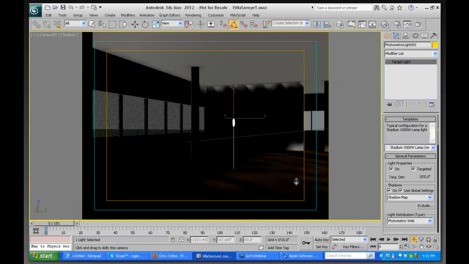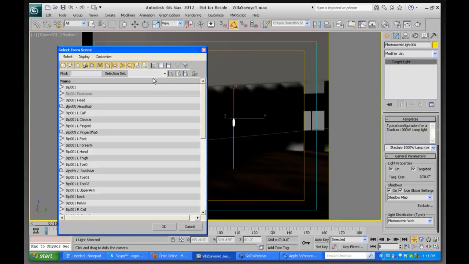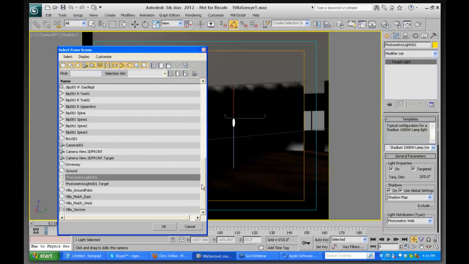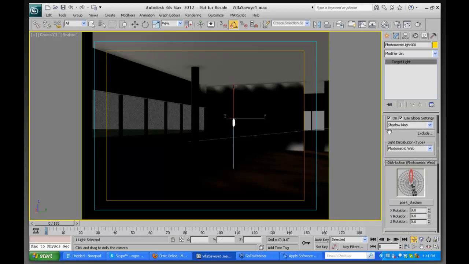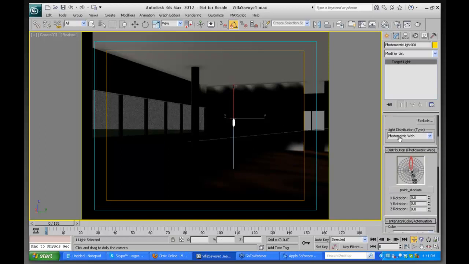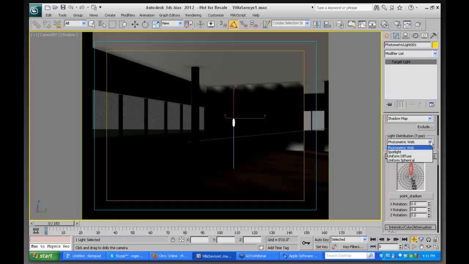You'll notice there's some light still coming from the outside somewhere, it looks like. Let's see everything in this scene for a second and see if there's some sort of daylight or something. No, I don't see anything like that. So we just have the one photometric light here. All right. The thing about these lights, if you do use these for design visualization, is that here you have an actual photometric web distribution, and a particular kind of light will allow you to